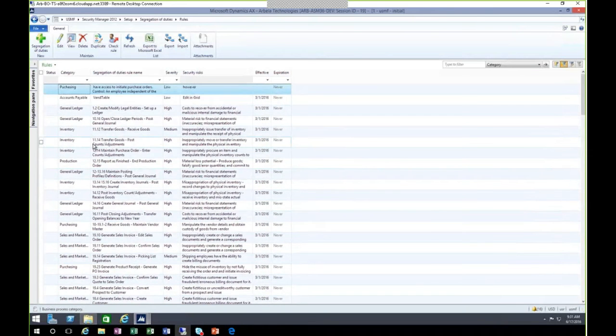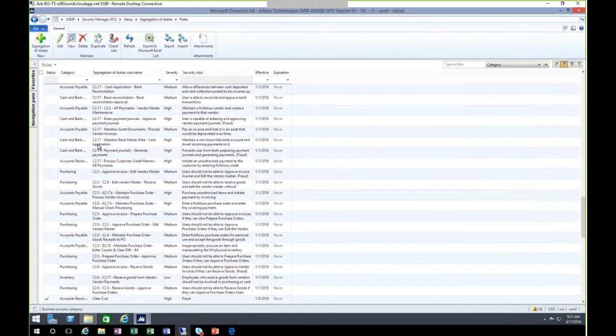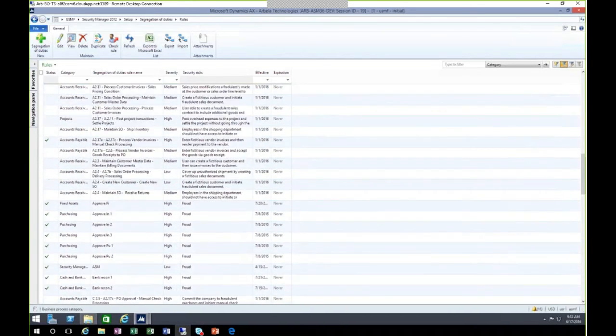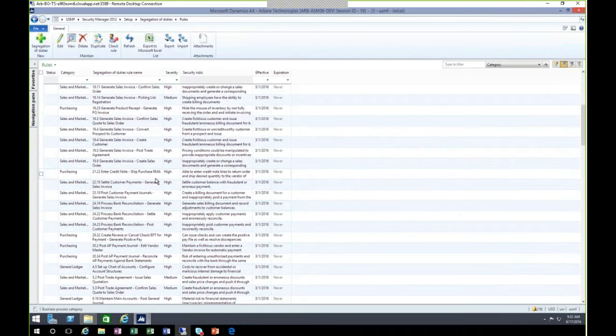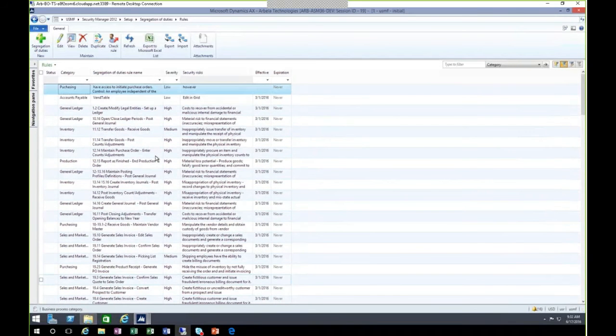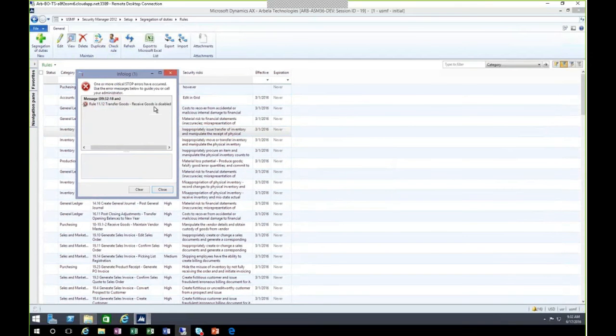We have a nice list that we've accumulated over time just working with clients, maybe 130 plus. We also test from time to time, so you see a couple of rules that aren't as robust. But we have a robust list of rules, okay? If they're currently active in the system, when I click check rule, it'll search the system and look for violations.